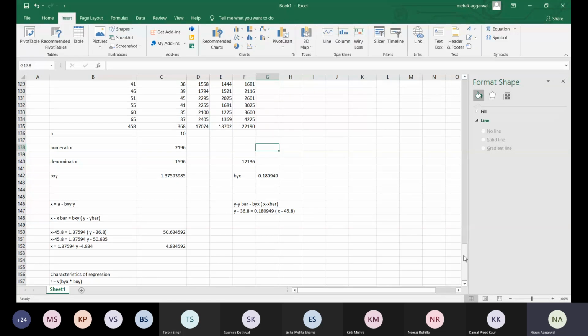And you can mark my words, if you practice these today or at the earliest, you will never forget the concepts in future. But if you do not practice the concepts today, then you will mix up all these concepts in future. So try to solve at least one or two questions today itself on correlation and regression. Okay, so I am stopping the recording.